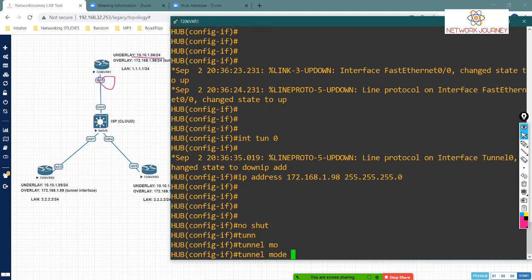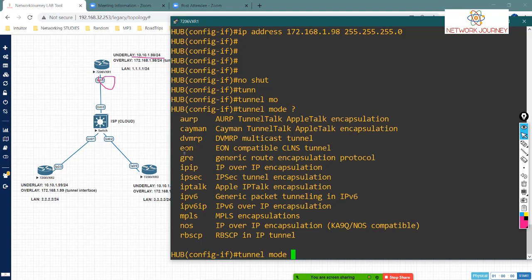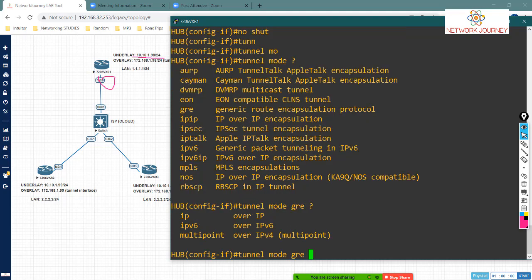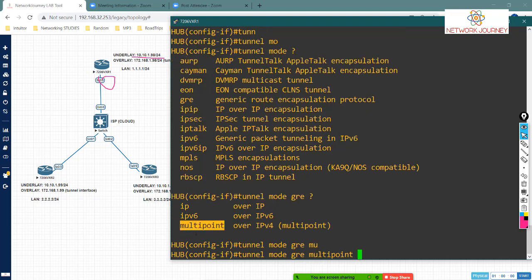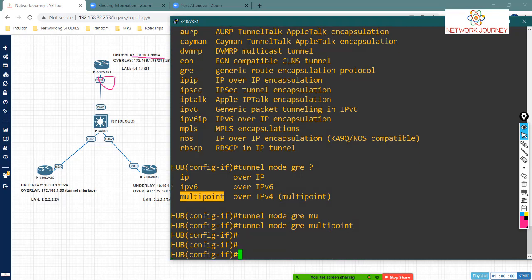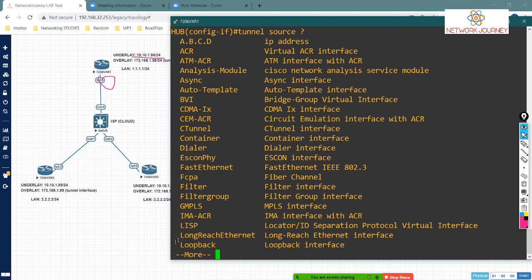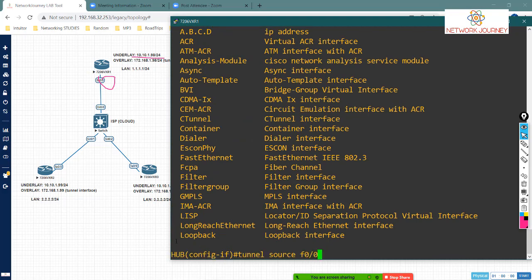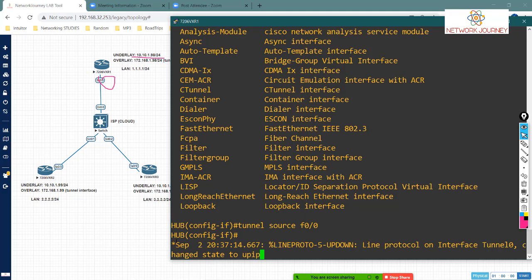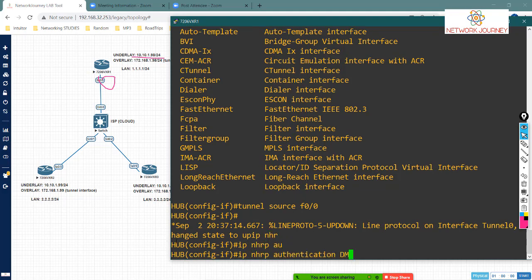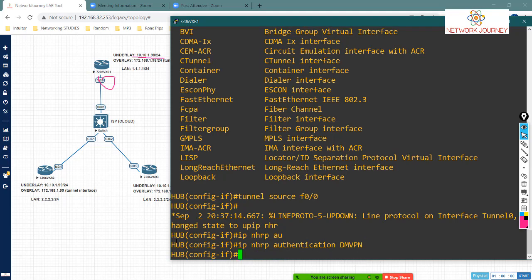What tunnel mode is this? If I do a question mark, this is GRE multipoint, the mGRE which we discussed. What is the tunnel source here? The tunnel source is FastEthernet 0/0, the physical interface. What is the authentication? It's better that we secure our packets. So let's say the password is DMVPN, and let's map this interface IP for NHRP